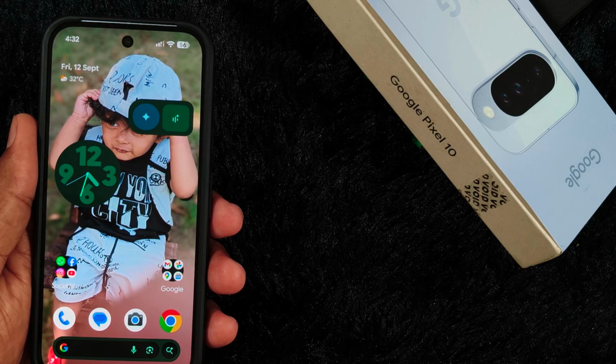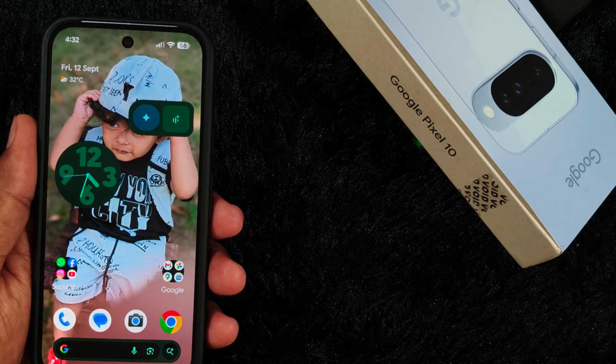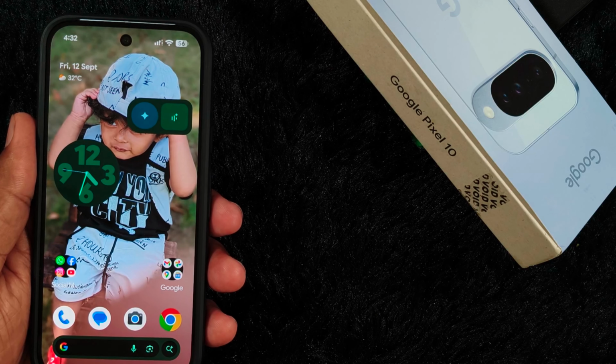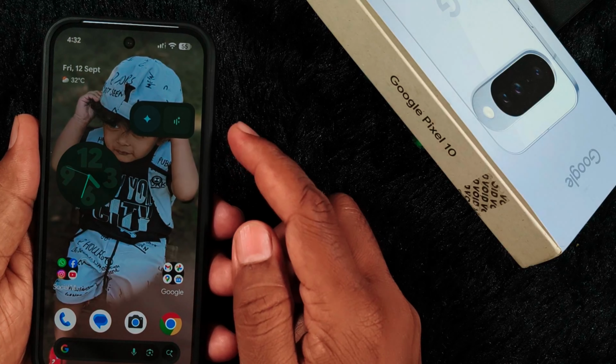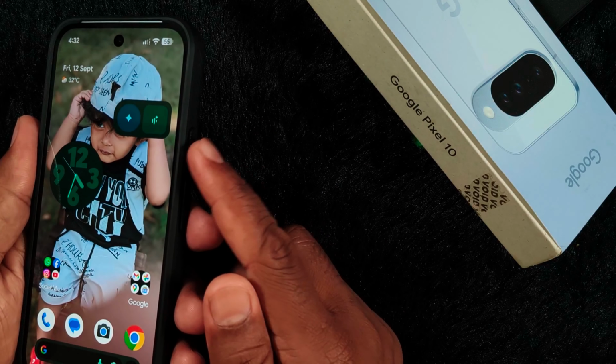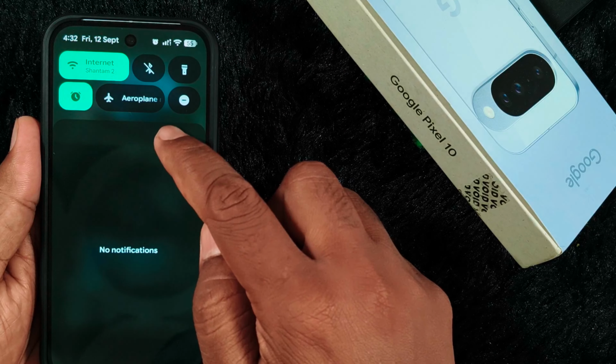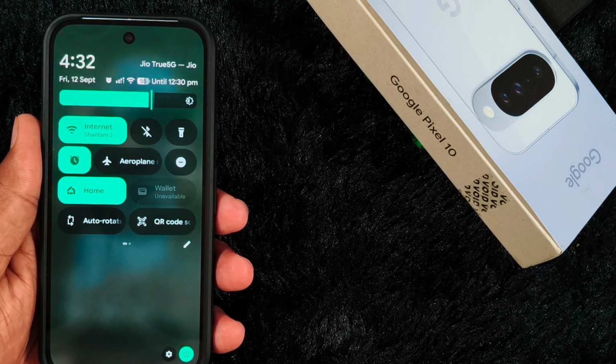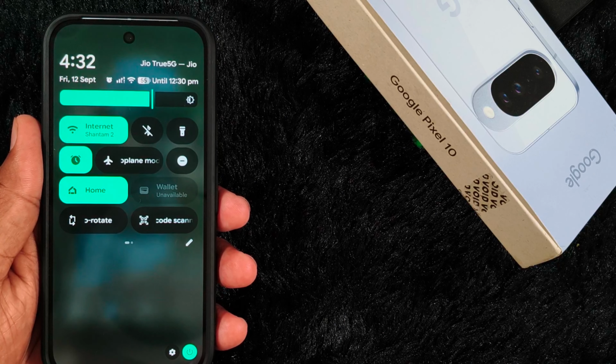So safe mode is very helpful if you want to know whether any third-party application is causing the problem on your device. To enter into safe mode, long press the power button to launch the power menu. But here we set Gemini, so we use the quick setting tile: swipe down the notification panel from the top of the device, tap on the power